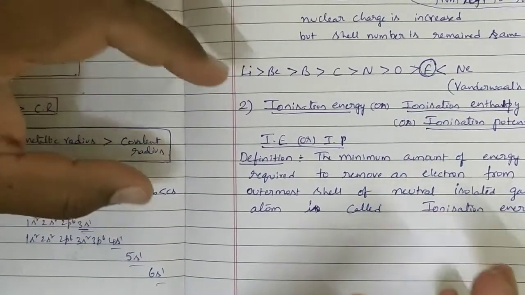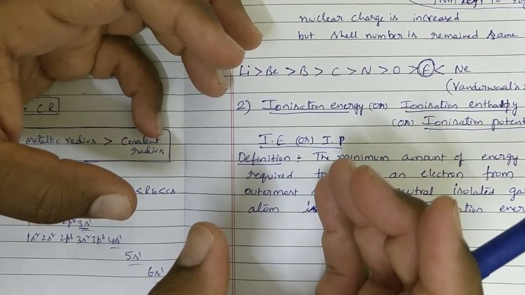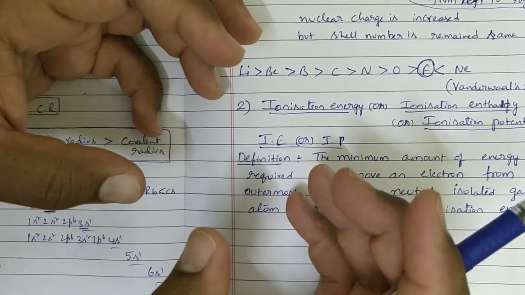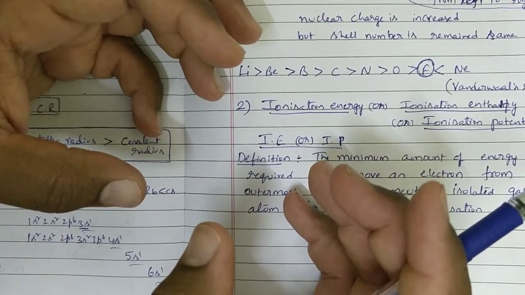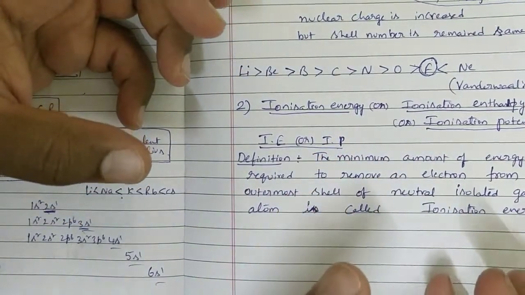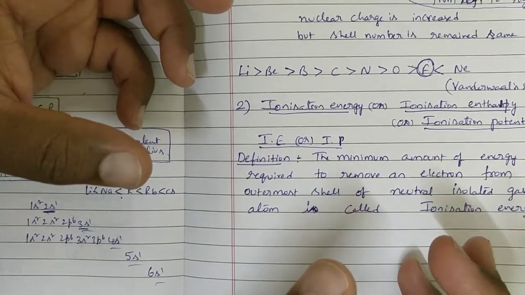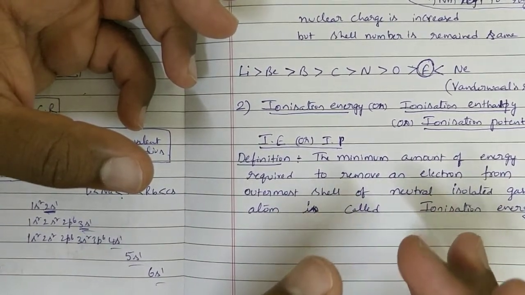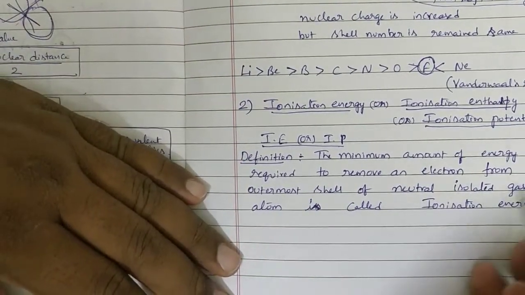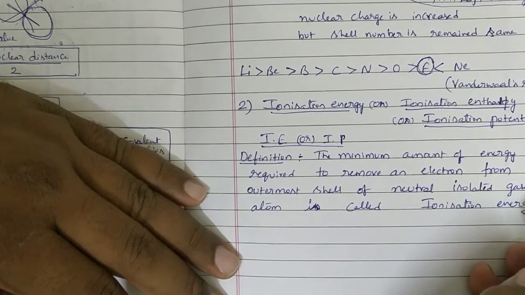In the solid state, the atoms are very closely packed with each other. So if you supply energy to remove the electron, you think that we are giving energy to remove the electron only. But first we are supplying energy that is used for separation of atoms. So solid will become liquid and liquid will become gas. Then only we can remove the electron from the gaseous state. That's why we are directly taking that atom in the gaseous state only. That's why the definition is included very particularly.